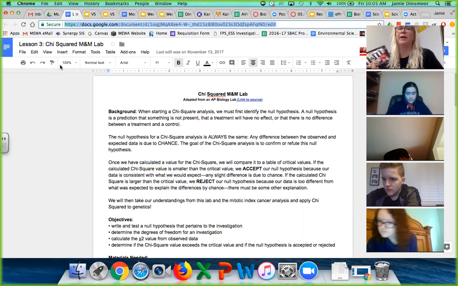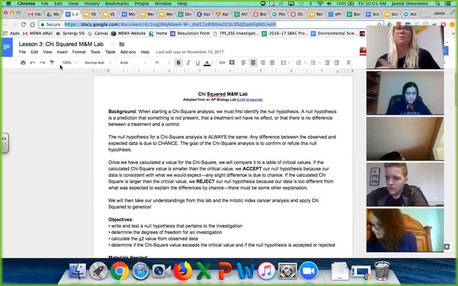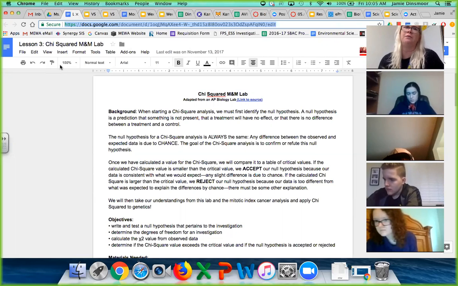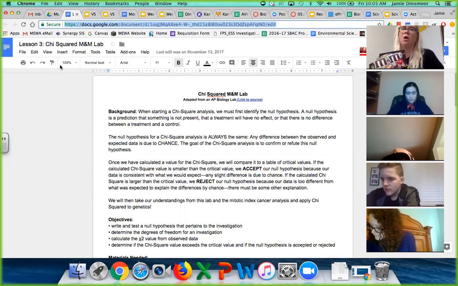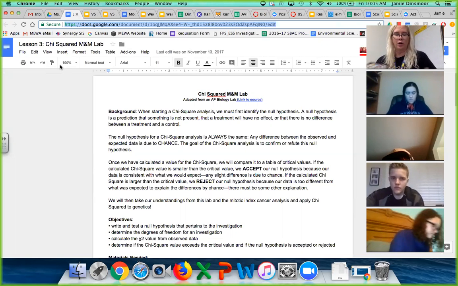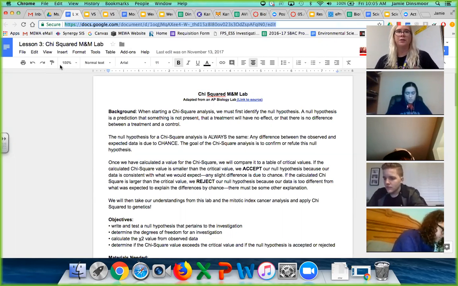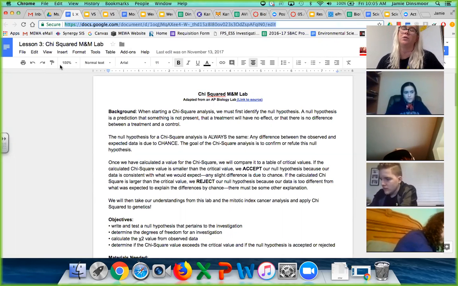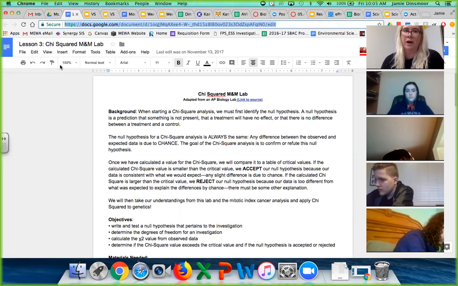So regardless, we expect a certain number of each color of M&Ms. They publish that data for us. They say this is the percentage of blue you should have, this is the percentage of red you should have, etc. What we're going to do is take our bag of M&Ms and determine, is our sample statistically different than what the M&M company says you should have? So in other words, if they say you should have 25% blue, if mine's 80% blue, that's a little weird,